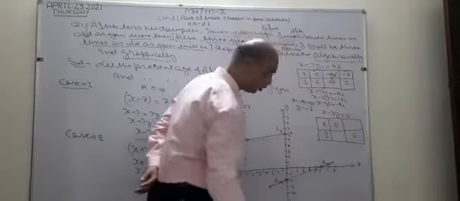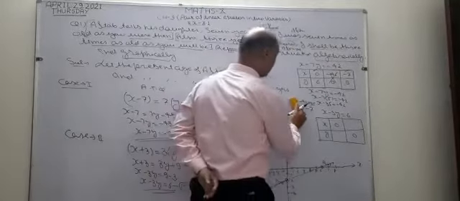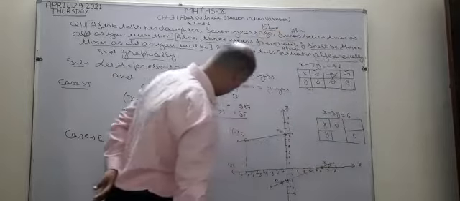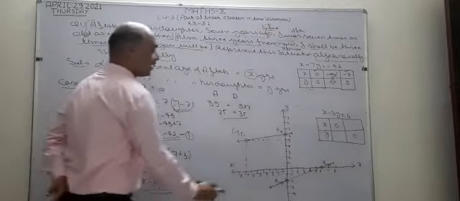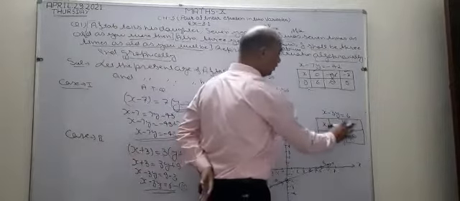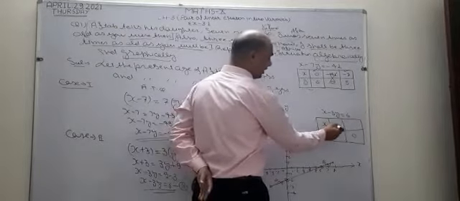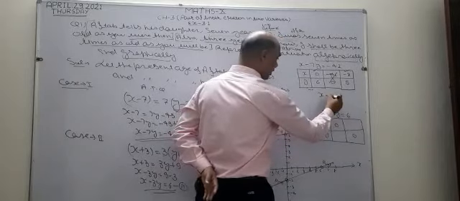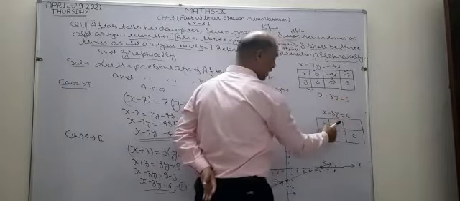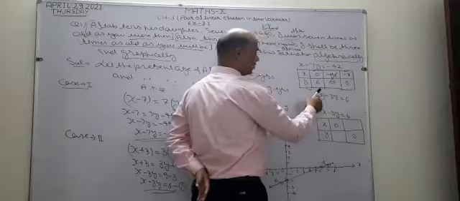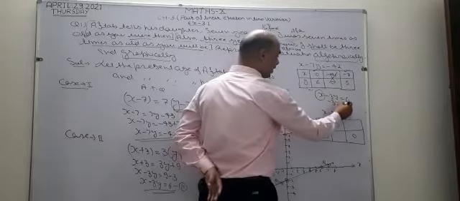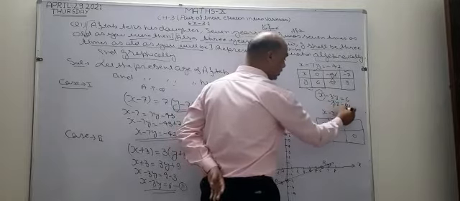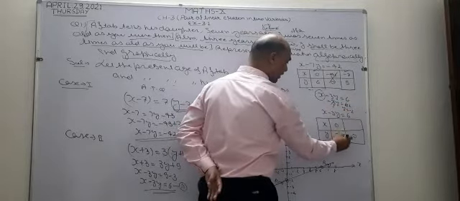Now I am going to solve its second part, the second equation. What is the second equation? This is our second equation: x minus 3y equal to 6. I write it here. In the same way, I am going to solve for the graph. First I take x 0, then I take y 0. Now see here, x minus 3y equal to 6. I am going to take x 0. When I take x 0, what is left? Minus 3y equal to 6. Now see, 3 ones are 3, 3 twos are 6. y becomes minus 2. So I write here minus 2.